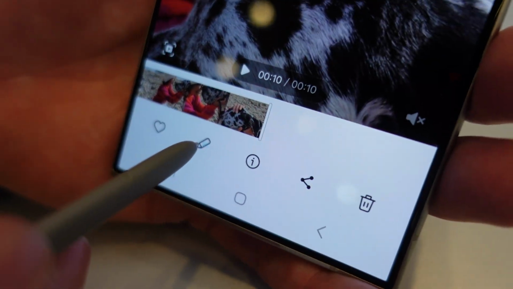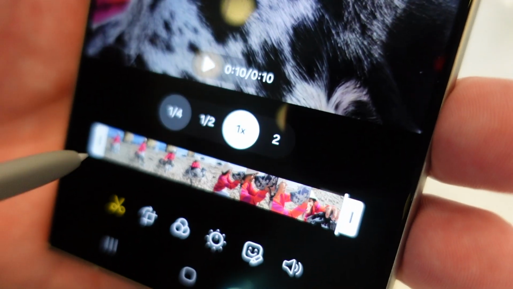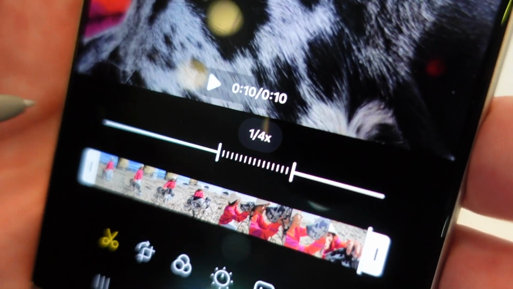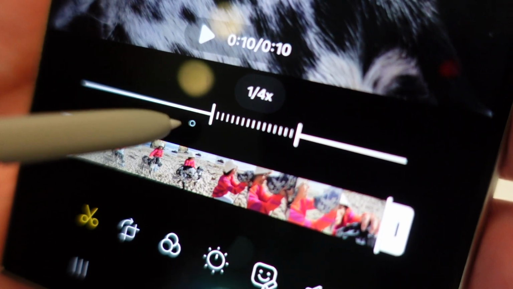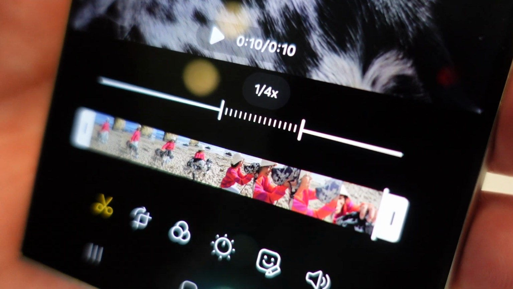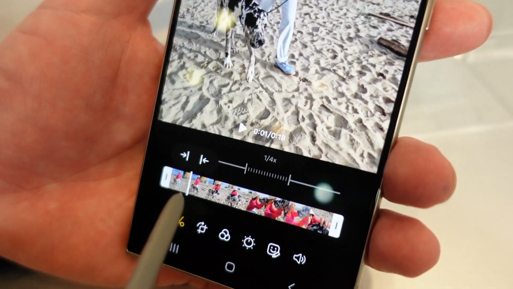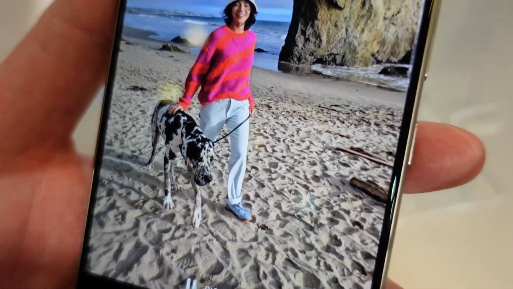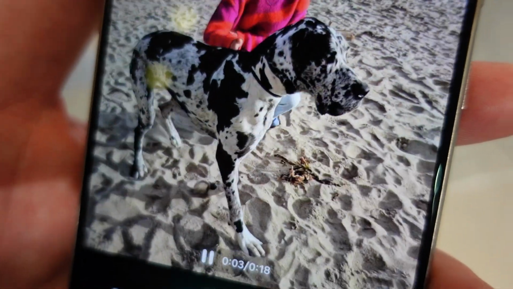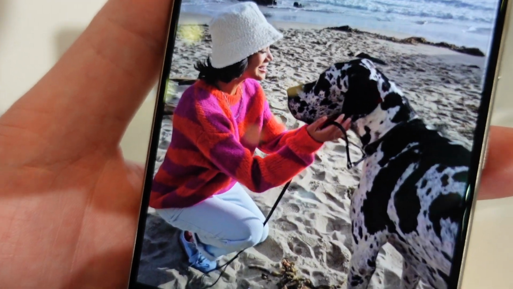Edit and share. We're going to go ahead to edit. And we'll hit adjusted speed. And we're going to see here that for this duration, we wanted that slow-mo. So it remembers what you enjoyed, and then it'll recall it. So at this point now, we can go ahead and hit play. We can crop, we can edit, we can extend before we save again and share. That's awesome.